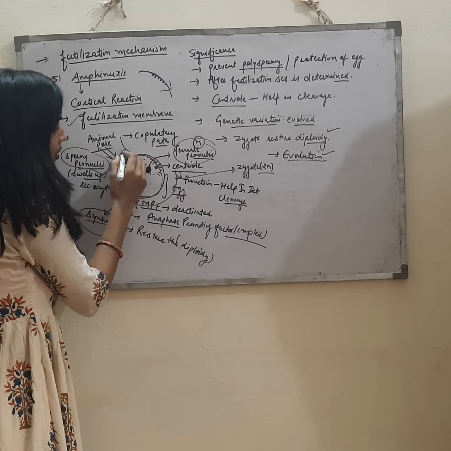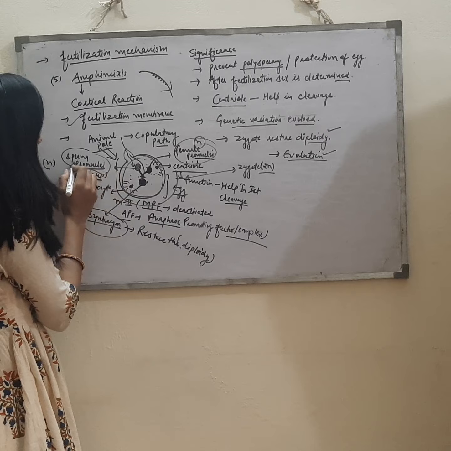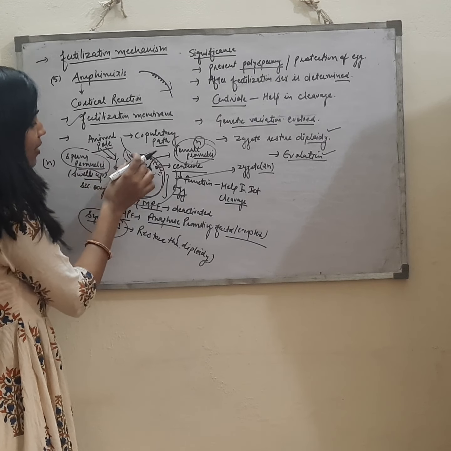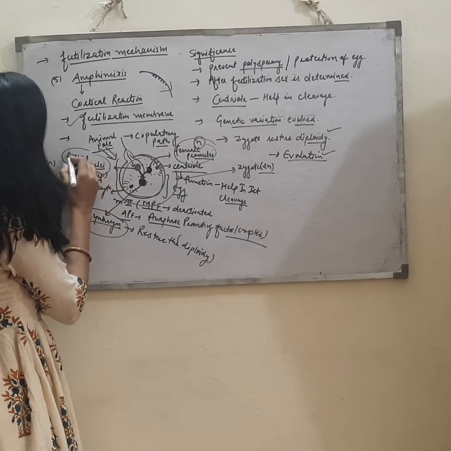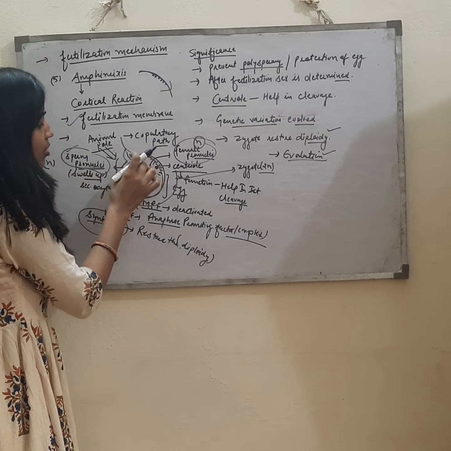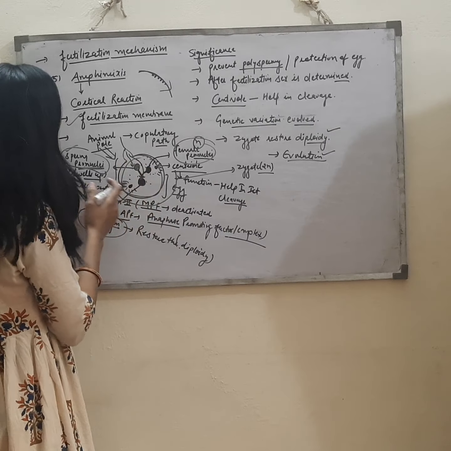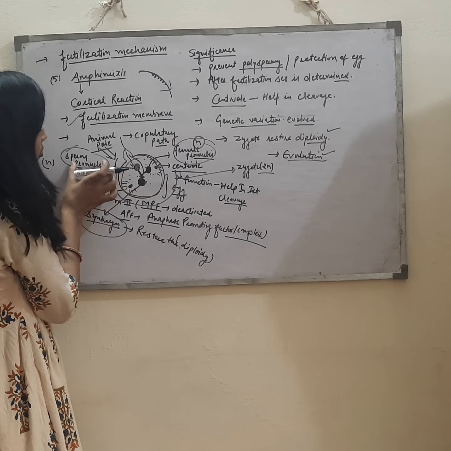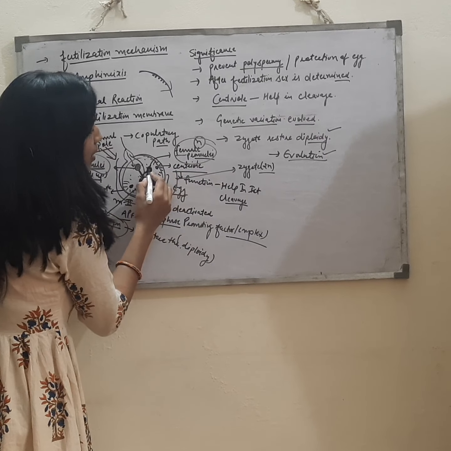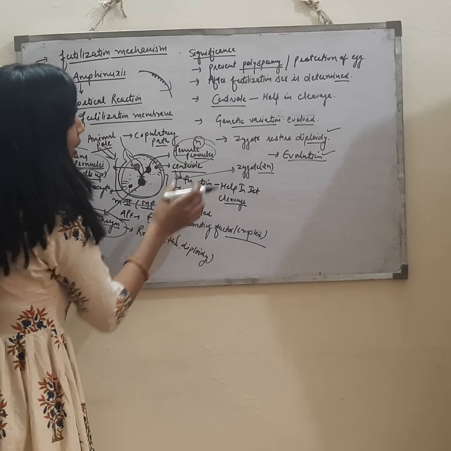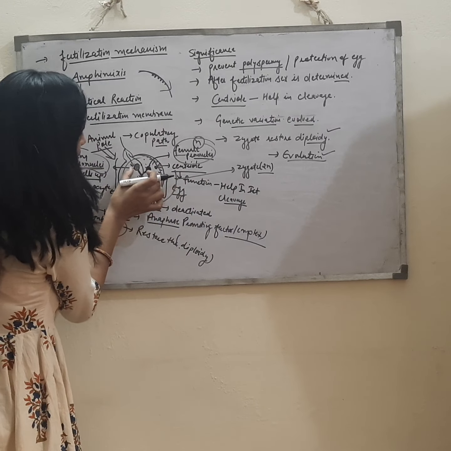When the sperm touches, it will send its nucleus. This nucleus is known as the sperm pronucleus, and as you know, the sperm enters through the animal pole. Why is this one a pronucleus? Because it will swell up after coming inside the egg cytoplasm. It will retain some water and swell up, and this one is known as the sperm pronucleus. Here is present the female pronucleus. It will also swell up. Both pronuclei are present here.